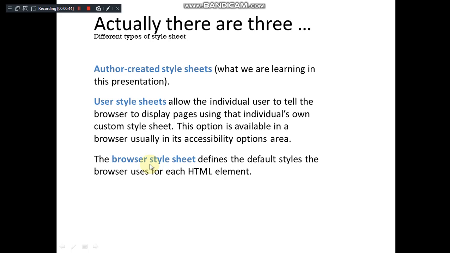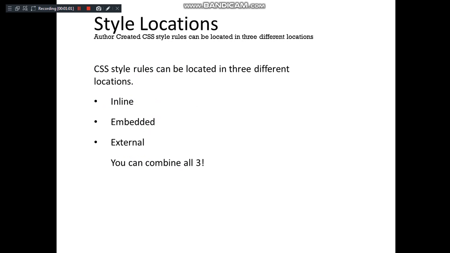Author created is the one which is done by the programmer, right? What we are going to learn in this chapter, what we are doing in the coding, right? User style sheets are those which are created when the individual user is making a setting in a browser, right? You might have observed we have a provision to view the website as small, medium and large, right?